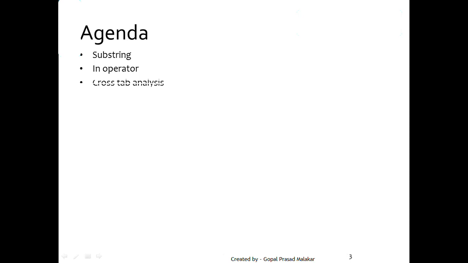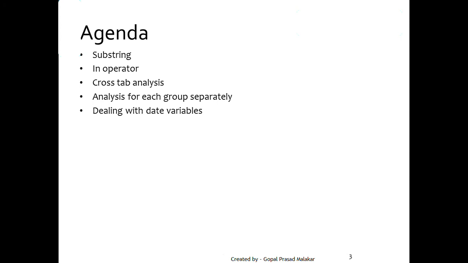Many a times special attention has been given to that. How do you create a cross tab? How do you create analysis for each group separately, each part separately? And then we are also going to discuss how you deal with date variable, because date at times troubles you a lot. So how do you create date?